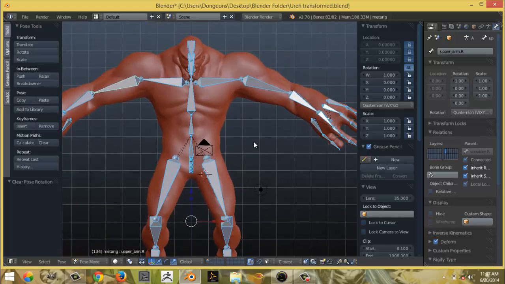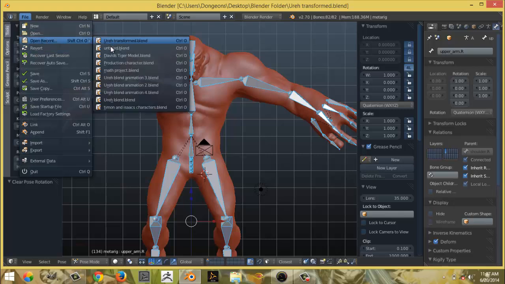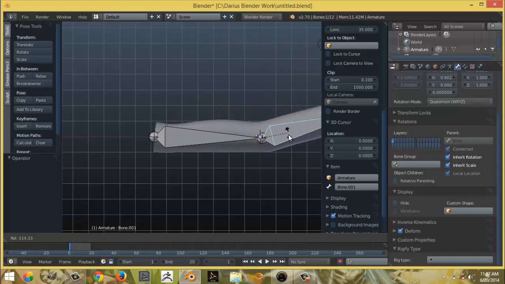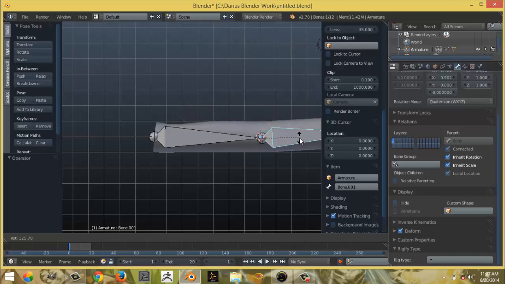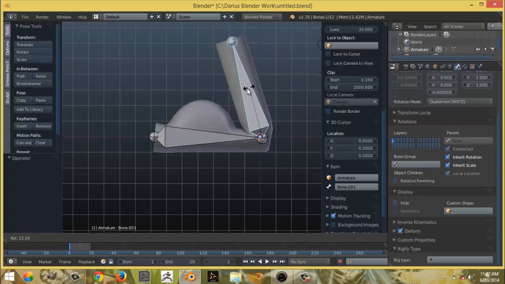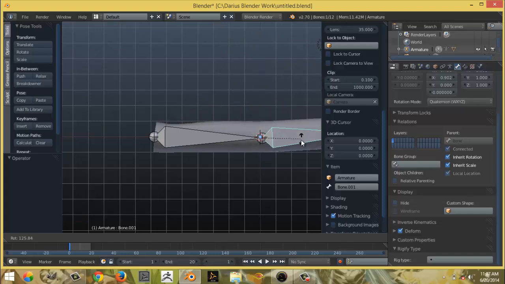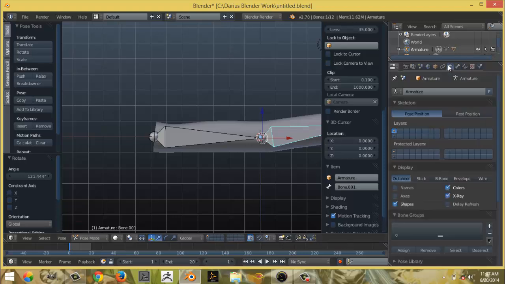Now I have an example here. This is a mesh that we're going to use. I'm going to save this and I'm going to show you my previous muscle rigging tests that I did. This is the arm that I have. As you see, when I drag this bone up and down, the part representing the bicep flexes up. Now this is because, if I go to my bone layers,